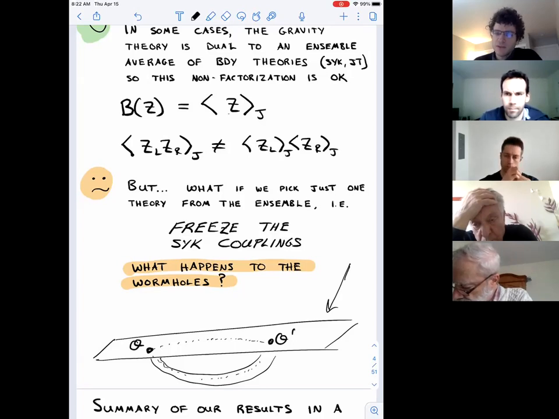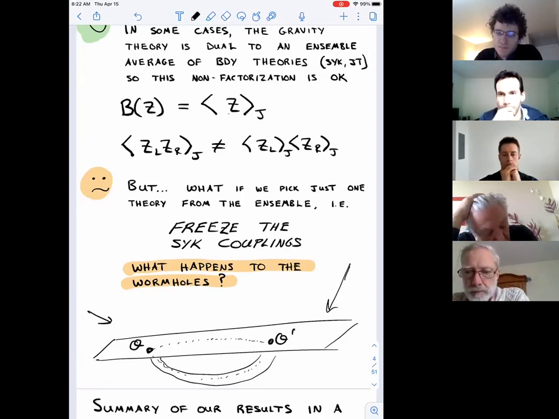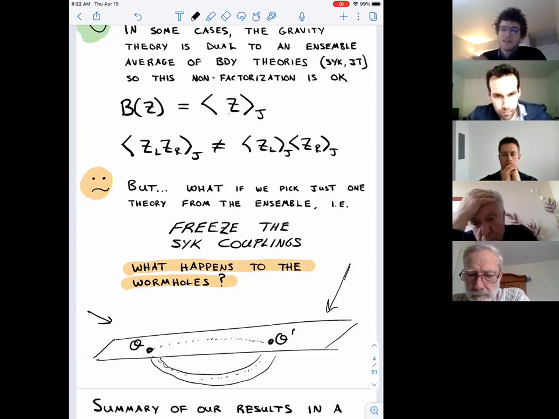But it's possible that to get into trouble with a configuration like this, we would have to study slightly off-shell configurations. As far as I know, there hasn't been a classical solution that people have discussed of this type that breaks cluster decomposition, but I'm just showing you that this kind of topology can do so. There are classical solutions that have been discussed for multiple asymptotic regions that break factorization, but it has a close analog for just one asymptotic region.